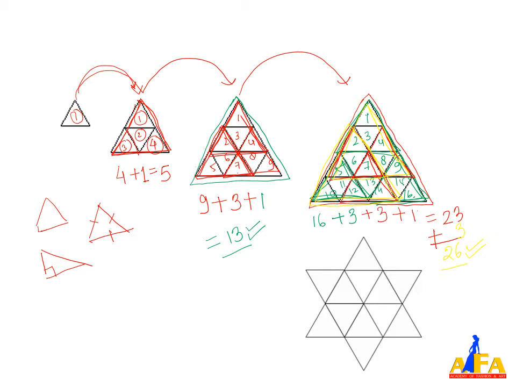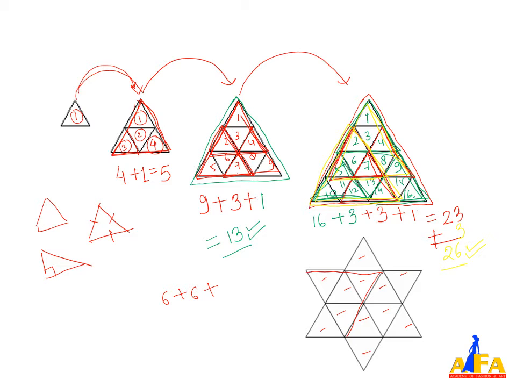In the lower question, you can see how we can calculate the triangles. Here the shape is forming a star and the inside is a hexagon. So the number of smaller triangles is 1, 2, 3, 4, 5 and 6. So 6 plus the number of triangles in the hexagon, which is also 6. 6 plus 6 becomes 12.